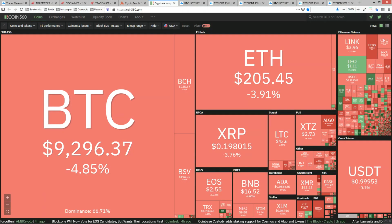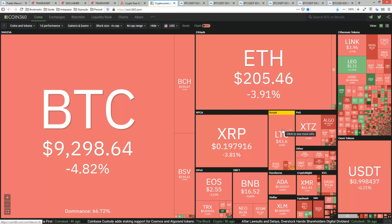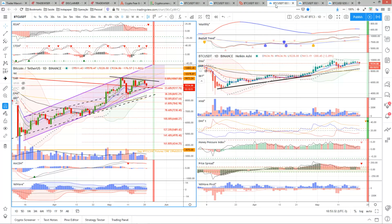We're at almost 11 a.m. Brazil time, UTC -3, and this chart did not change a lot. So I think the atmosphere today is negative for the Bitcoin. Going to the daily chart, we still have the Bitcoin running inside that upper channel, which is good. Okay. And on the daily chart, we can come down to something like